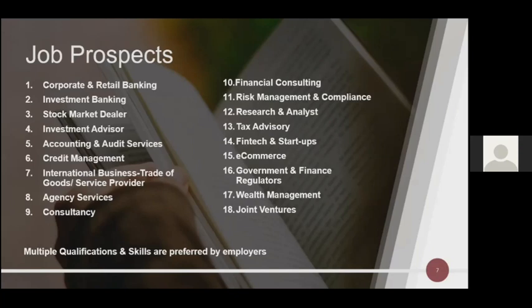Now, the most important thing: multiple qualifications and skills are preferred by employers. So just having a degree, a bachelor's degree, doesn't really help. Let me be very honest, this is today's reality. If you go on Naukri.com and apply for a job, chances are that you will see 4,000 more people have applied for the same position. And this is not an exaggeration. This is a reality. So how do you stand number one among the 4,000 people? Well, have multiple qualifications, upgrade your skills, and also one very precious piece of advice: have a LinkedIn account.